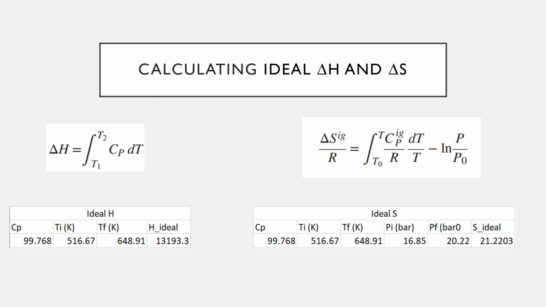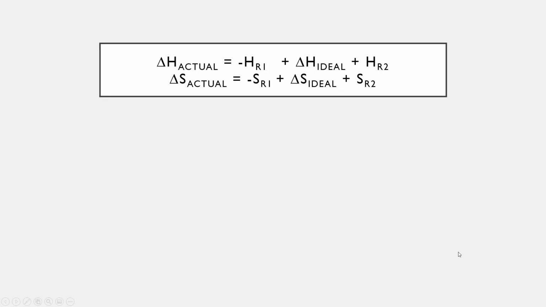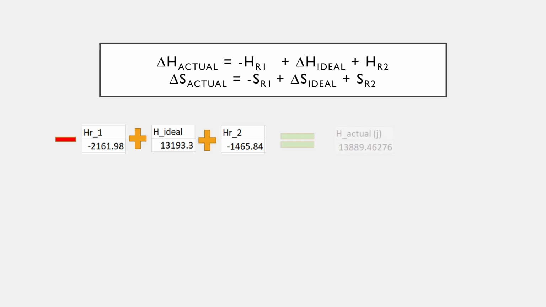So doing that, we can get a delta H for the ideal gas to be around 13,000 joules, and our ideal S change to be around 21 joules per Kelvin. Then we can add in our equations that we calculated earlier, the negative first residual plus the change in the ideal plus the second residual. So doing that for enthalpy gives us minus negative 2000 plus our 13,000 plus our negative 1400. And that gives us an actual enthalpy change of around